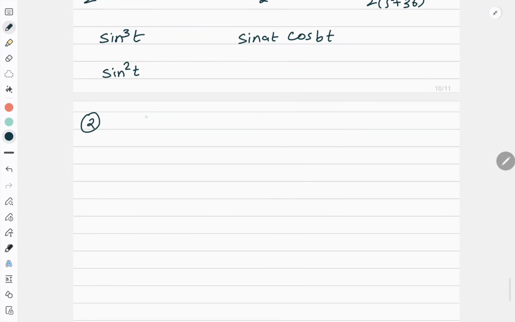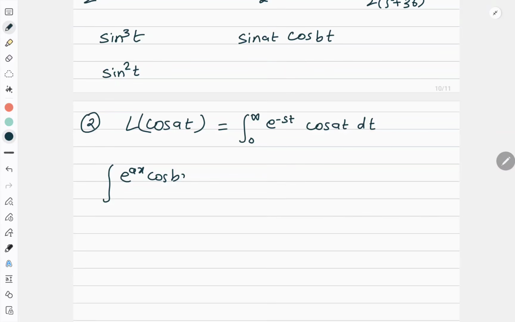So now the next formula we are doing is Laplace of cos at, which will be done exactly as sine at. As per the definition, this will be 0 to infinity e to the power minus st cos at dt. Correct? So now let us apply the formula. What is the integration formula? Integral of e to the power ax cos bx dx is equal to e to the power ax upon a square plus b square, then a cos bx plus b sin bx. This is a formula. In this plus comes and in sine minus comes in between.